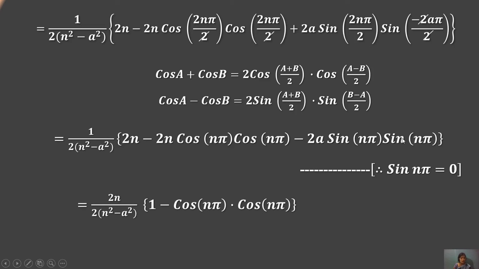Then all this value is 0, only representing to the form, that is 2 is common to this condition, means 2n is common. Okay, only representing 1 minus cos n pi into cos n pi. Okay, these two cancelling to the form, only n upon n square minus a square, 1 minus cos n pi into cos n pi, means solution will be given equals to n upon n square minus a square, 1 minus (minus 1) to the power n cos n pi will be generated. This is the solution of that equation, how to give the function of the sin that will be generated in a cos form of the x.